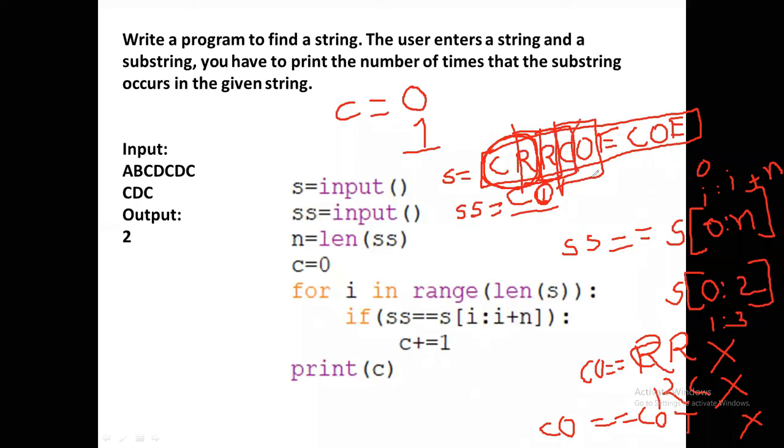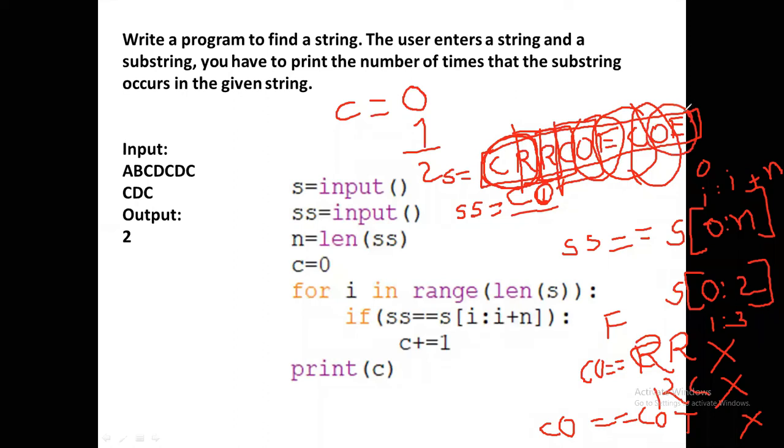After that, OE. CO equals OE? False. So next, EC. CO equals EC? False. Next, CO equals CO? Yes, it is true. So increment the count value. So it is 2. After that, OE.